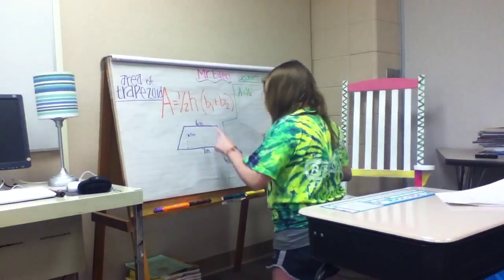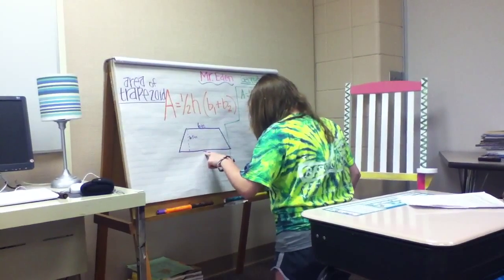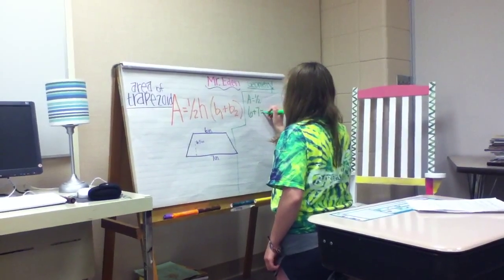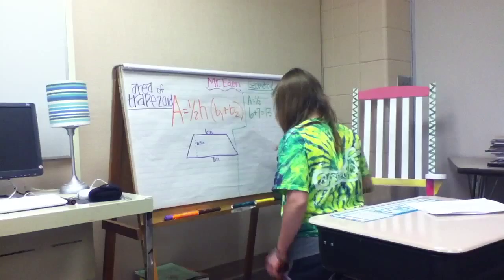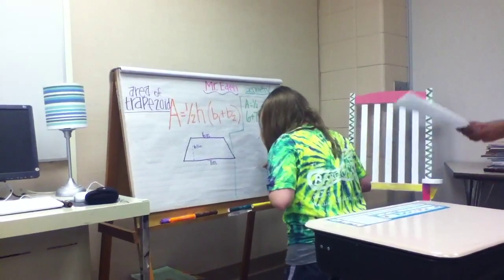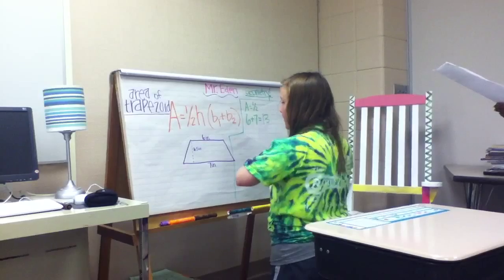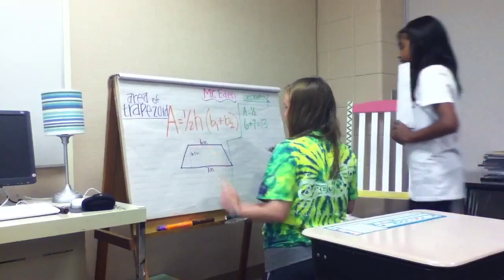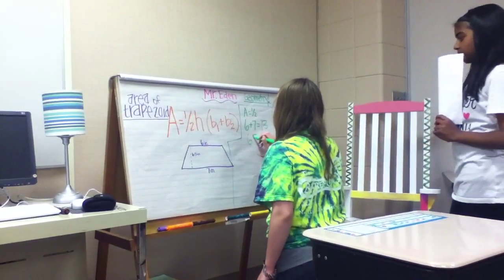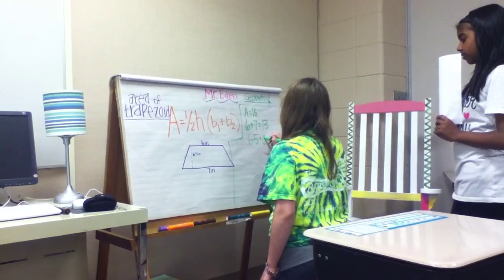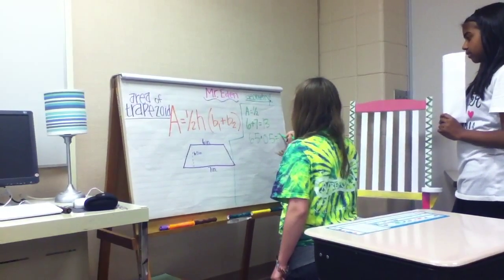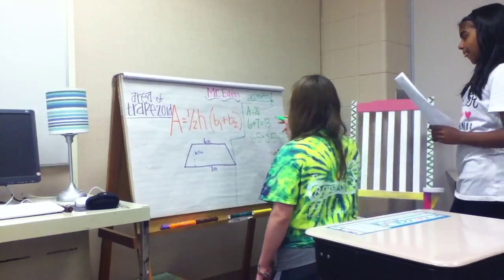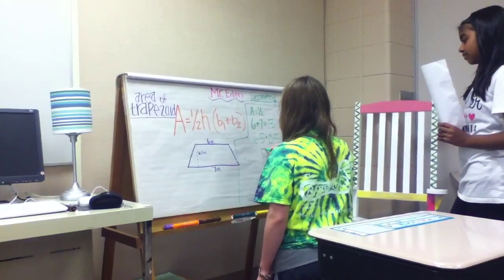Okay, so if this is base 1 and this is base 2, and you add them, that is 13. Yep. And then you do what? Then you multiply it by the height. Yep. The height is 6.5. So if you do half times the height, the 6.5 times 0.5, you get 3.3. Then if you multiply 13 times 3.3,